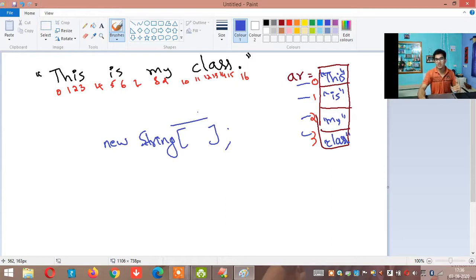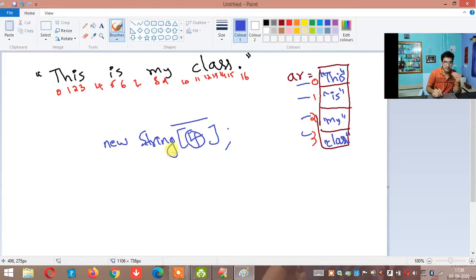What's the demerit of the array? One of the demerits is that the size is fixed. Which means when you are creating an array, whatever size you tell, that size is fixed. So I have to tell 4 words. I want to store 4 words. Agree or not? Don't you think here I have to put a word count? How many words are there in my string? That I have to tell.